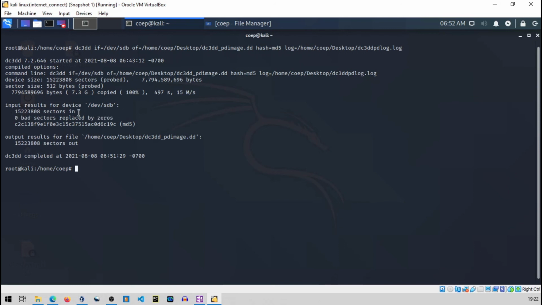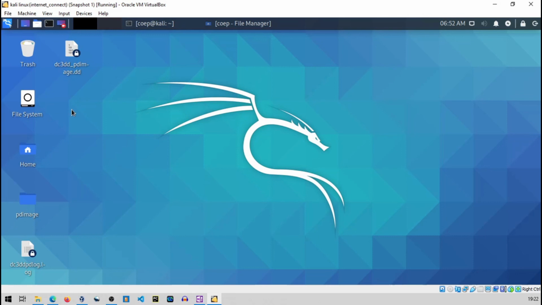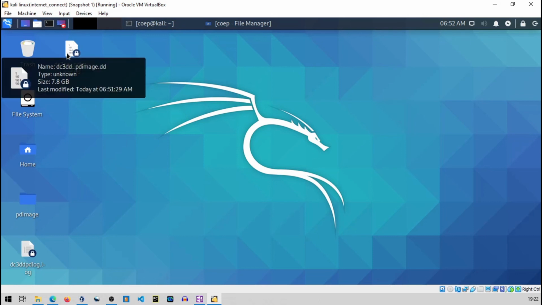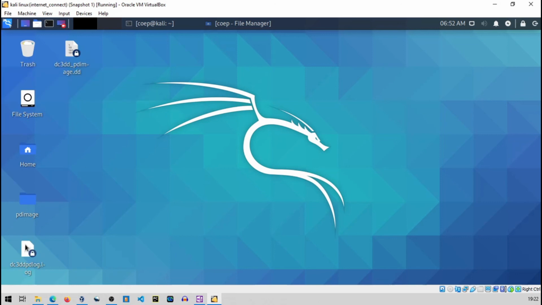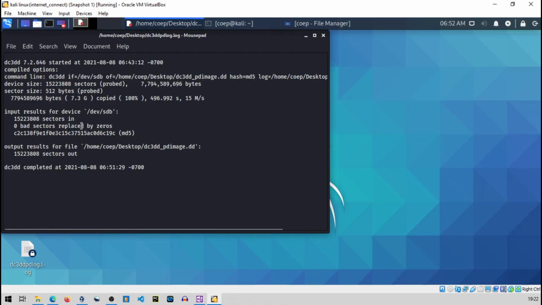Now let's see our actual output. It is on the desktop. Here you can see the log file and the image file, and the image file size is 7.8 GB. This is just a log file, right?